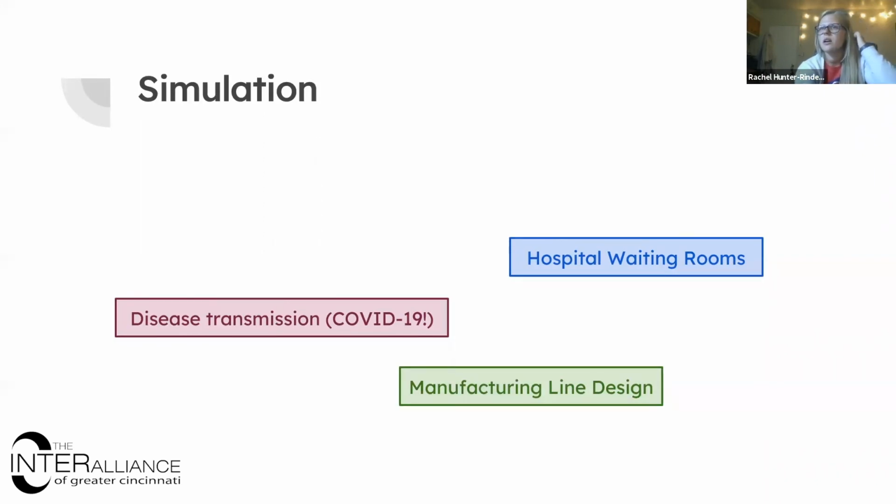And then a little bit closer to home for me, you can use simulation to think about manufacturing line design. So all the way from physical placement in a plant of where does it make sense to put this product making line and product packing line to then get it to the racks that we're going to store it in, all the way to simulating line speeds. So if I have the beginning portion of my line running at this speed, and then we switch to a different phase of the line, we can run it at a different speed. We can optimize the whole line through simulating different portions of the line running at different speeds and getting feed from different areas. Do those examples make sense?